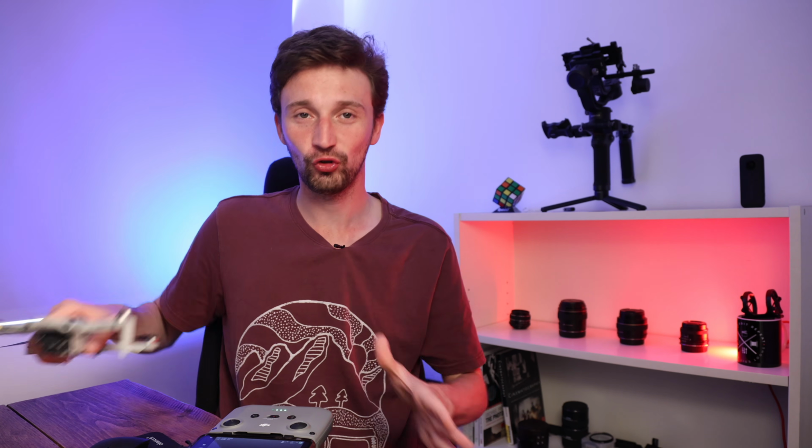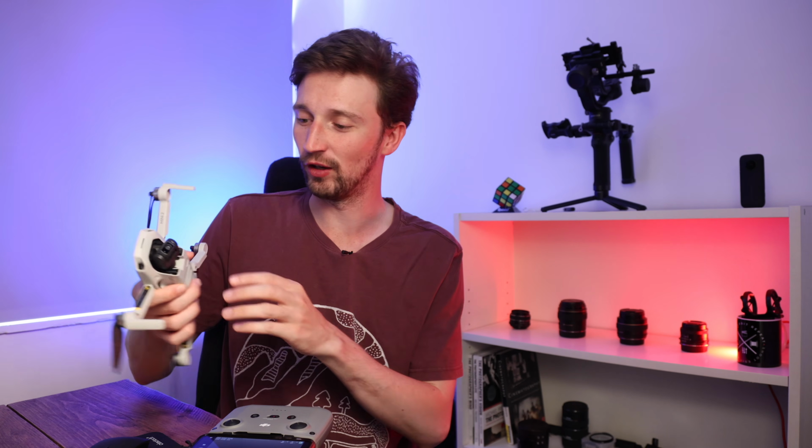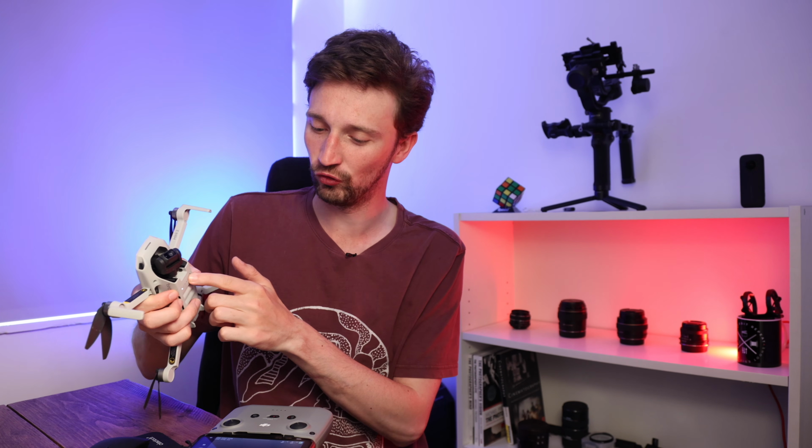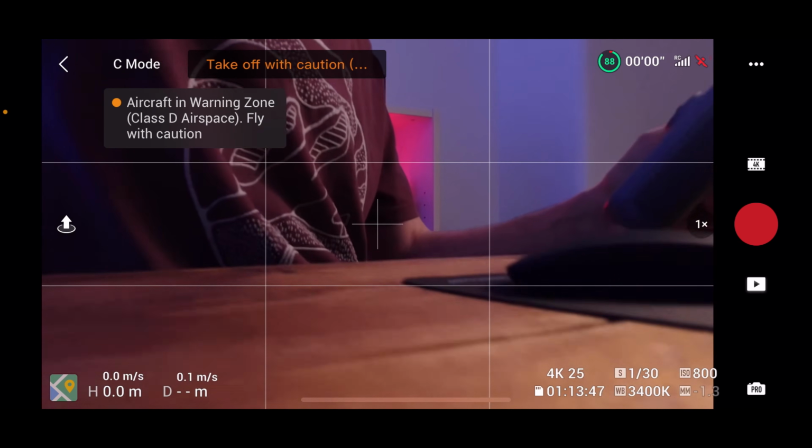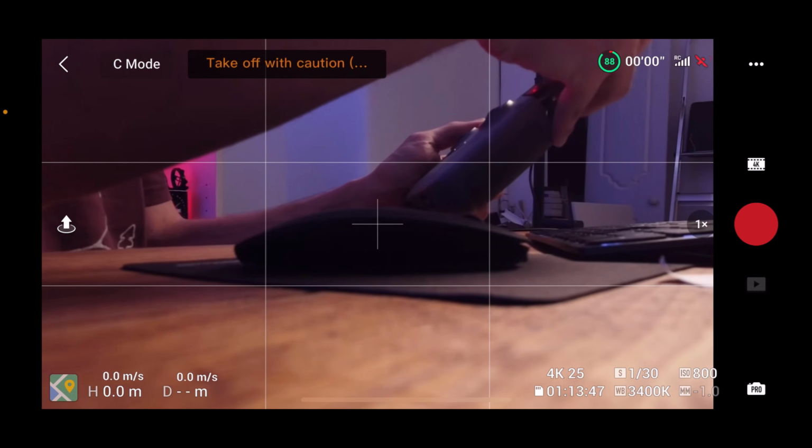So first of all, let's have a look at getting all of the files onto our phone ready to edit. Now with a drone, it's fairly easy. We just have to make sure that we're working with high resolution data. So let me show you what I mean here. So let's turn the drone on. So we got the drone connected. Here I am. Hello. Right, so what we're going to do now is we're going to go to our album,